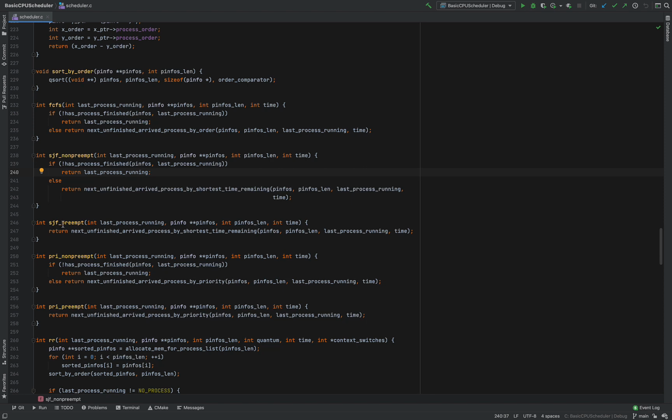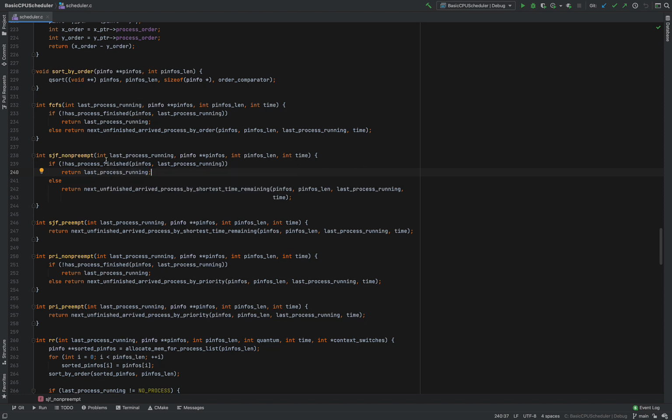In SJF preempt, we have preemption on. That means that even if the last process is still running, there is no guarantee that it is going to run for the next time quantum. Another process can preempt this process because the process that is preempting the currently running process has a shorter time left.